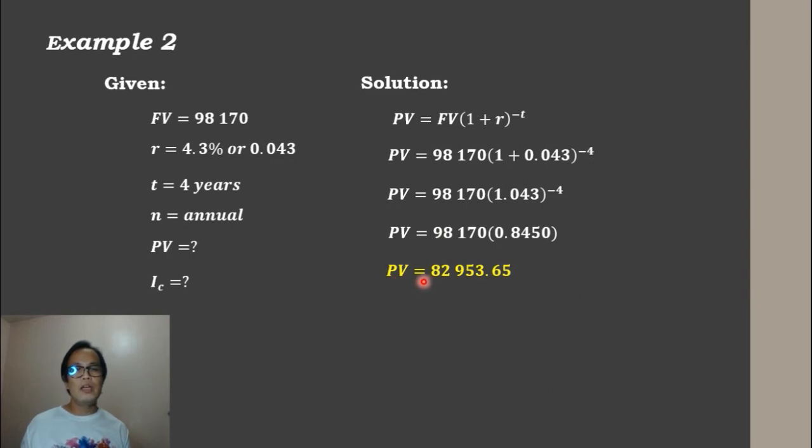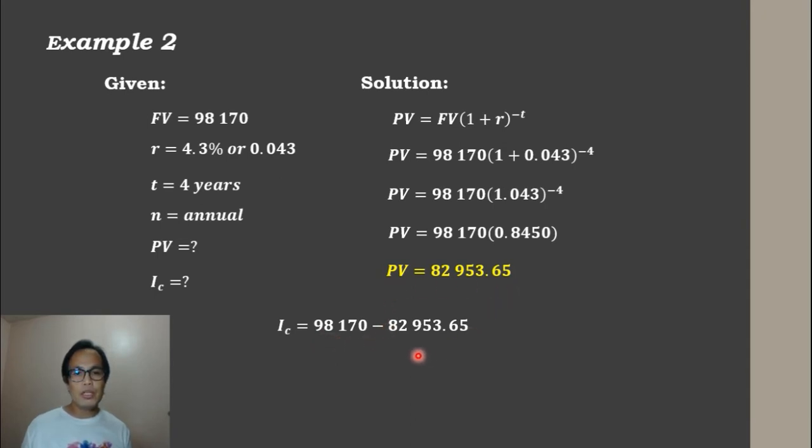So as you can see, the present value should always be less than the future value. And vice versa, the future value should always be greater than the present value because the future value already carries the compound interest. Now to solve for the compound interest, so we have the future value which is 98,170 minus